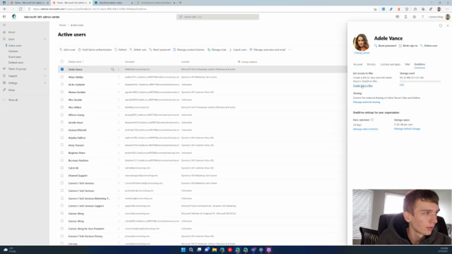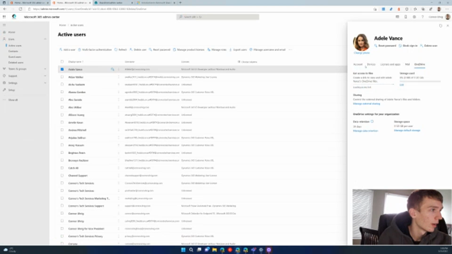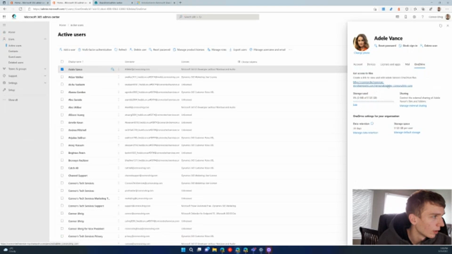So you can click Create Link, and then you can see documents and which documents they have access to. As well, you can also manage external sharing. You can manage the data retention for the organization and the default storage capacity, and their storage capacity. So if you have a user whose license entitles them to less, or more, than what you want them to have, then you can easily change that per user